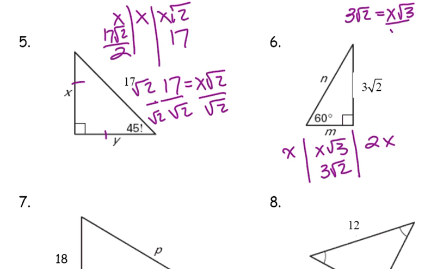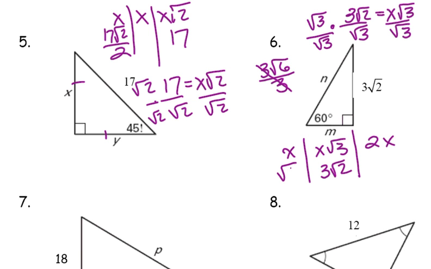To solve for x, we divide by radical 3. Okay, well, this won't work. We're not allowed to have a radical in our denominator, so we have to rationalize. So I'm going to multiply by radical 3 over radical 3. This time I multiply the two radicals together, so I get 3 radical 6 in my numerator. And then down here, radical 3 times radical 3 is radical 9, and the square root of 9 is 3. Then these two cancel each other out, which means that m down here is simply square root of